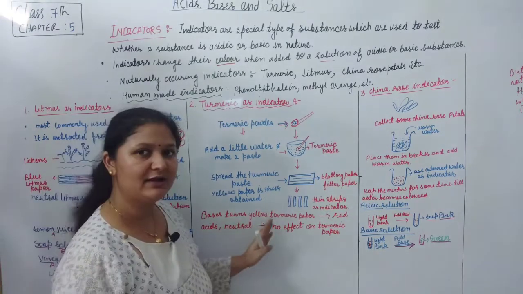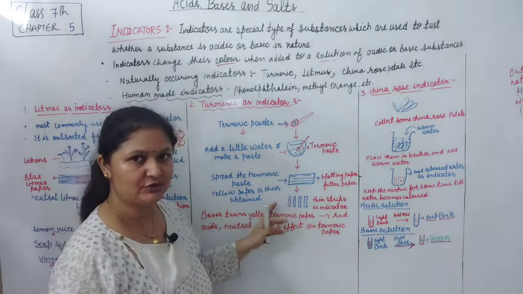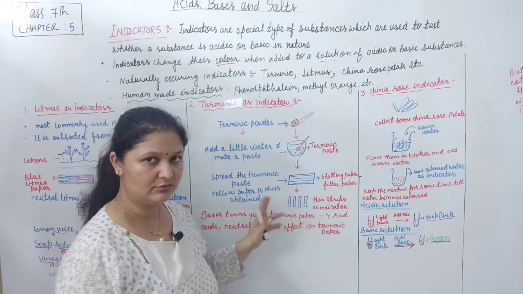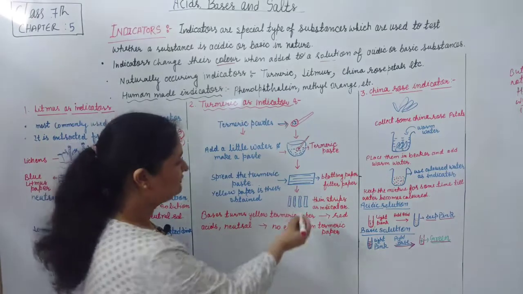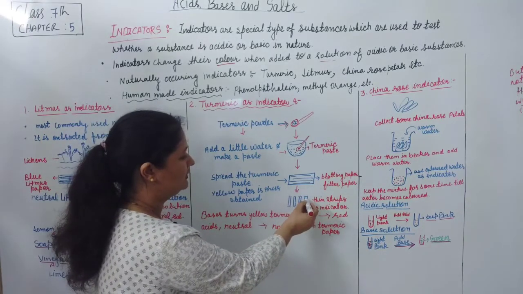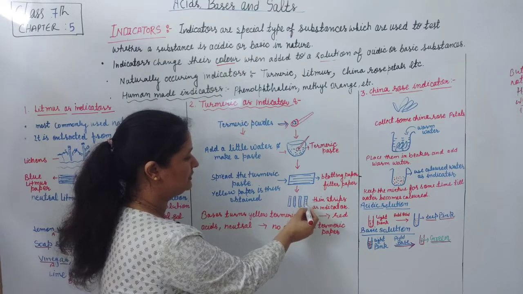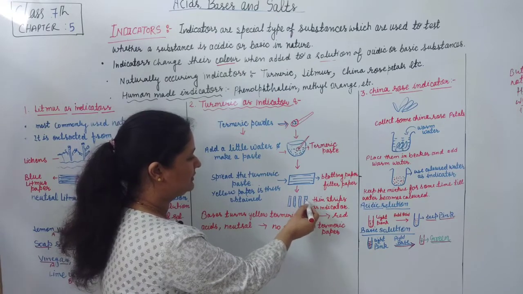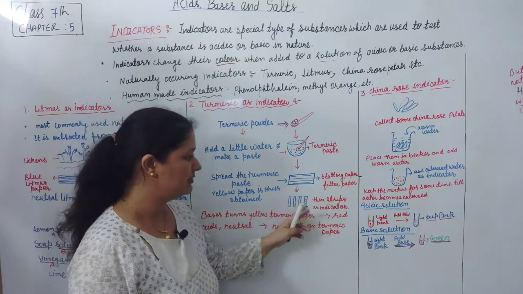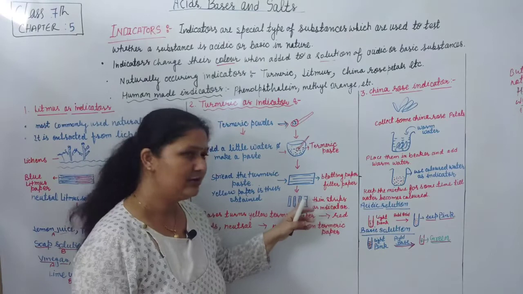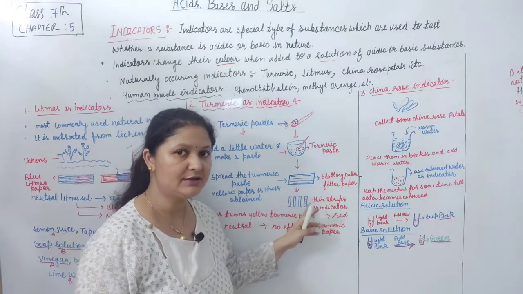So right students, we can explain this with the help of an activity. First you take soap solution, or you can take shampoo or washing soda also. After that you add few drops of washing soda or soap solution on this turmeric paper, and you will notice that this yellow turmeric paper turns red. If yellow turmeric paper turns red, it means soap solution is basic in nature.